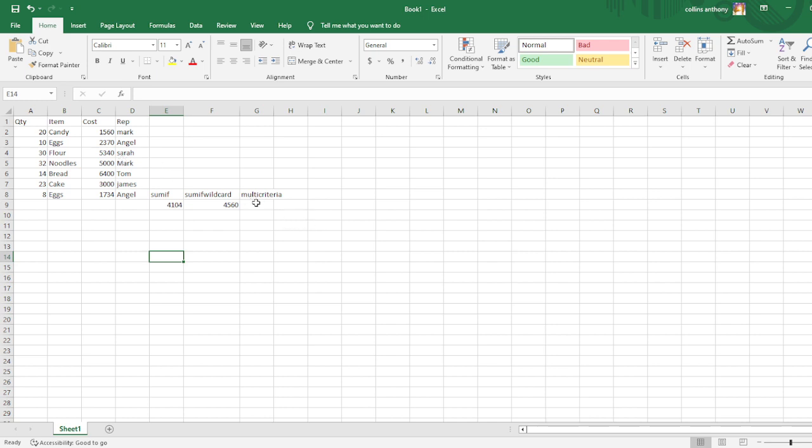And when we are talking about multi-criteria, a different function comes into play. No longer just SUMIF, but SUMIFS. Most of the time, it's easy for us to just go ahead and begin to write the formula